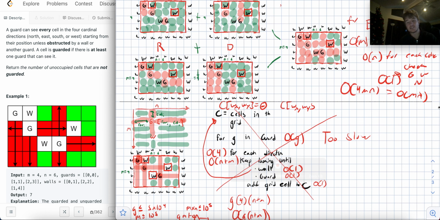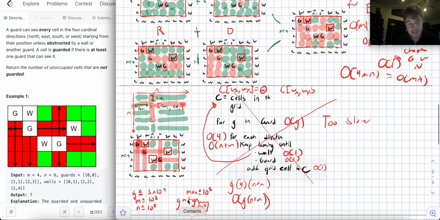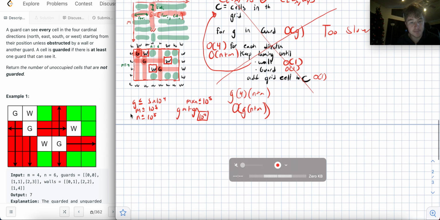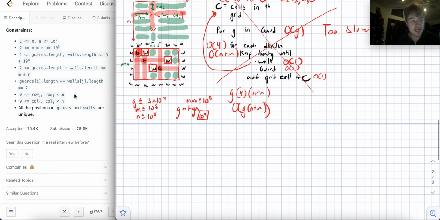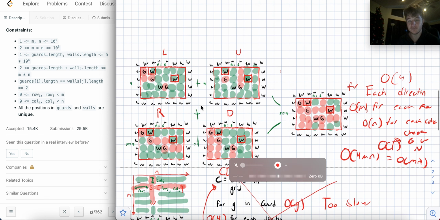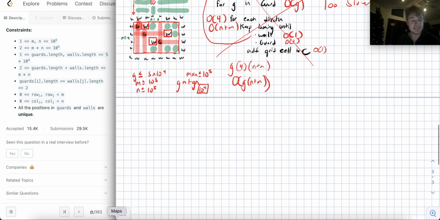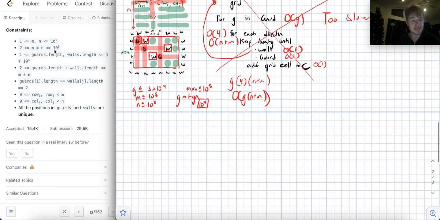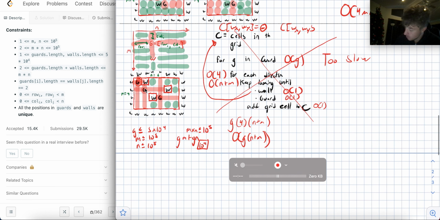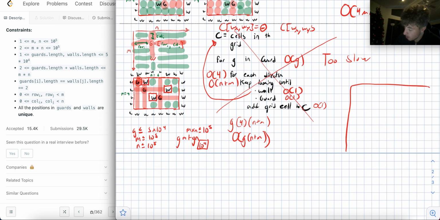So you might be looking at this and saying, oh, well, this looks a lot more complicated, but really this is O of mn. And this solution is O of gm plus gn. And depending on the constraints, this might actually be faster. Or this might be faster. But since m times n is always less than 10 to the 5, that means that when we do our little comparison here, our first solution